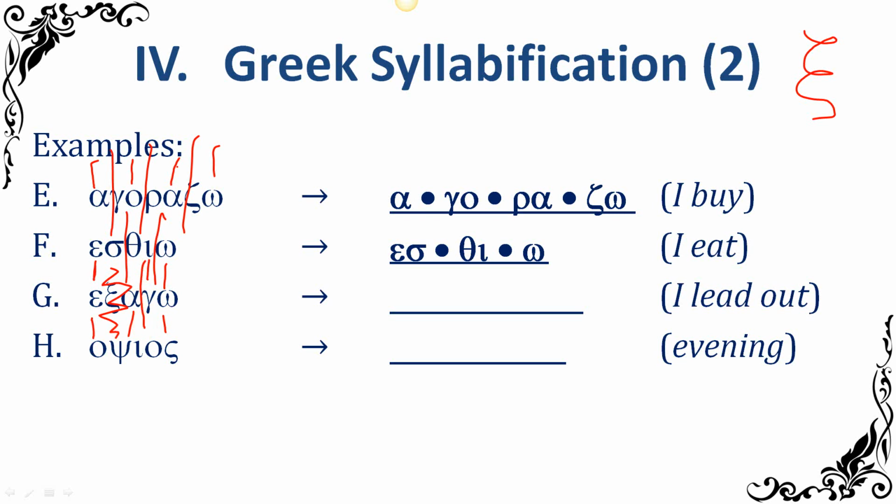All right, and then when I go to omega, there are no consonants afterwards to worry about, so it's basically already done for me. So I have exago. Now, I'm reading out how you actually say it. But when they're written, there are not these dots in the middle. It would be just one word.